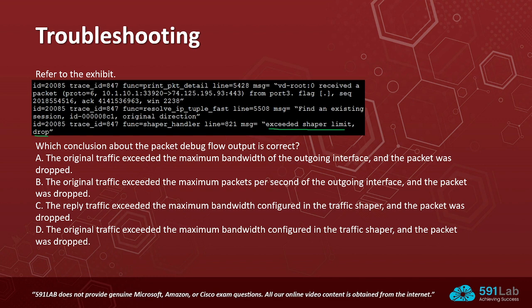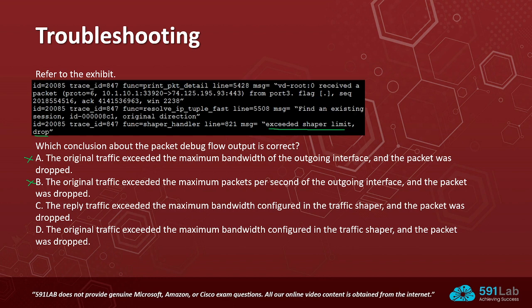So we have four options. The first one is, the original traffic exceeded the maximum bandwidth of the outgoing interface and the packet was dropped. This one doesn't make sense because the message says that the problem is with the shaper, not with the bandwidth of the outgoing interface. So I discard this one. The original traffic exceeded the maximum packets per second of the outgoing interface and the packet was dropped. This one doesn't talk about the shaper. So the next one,